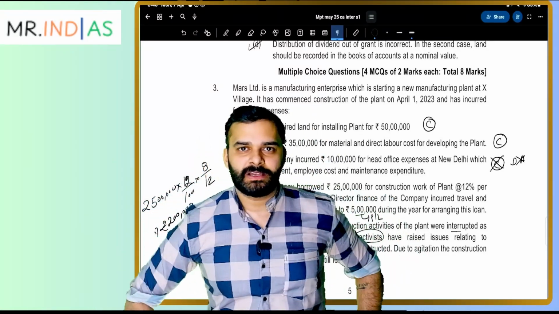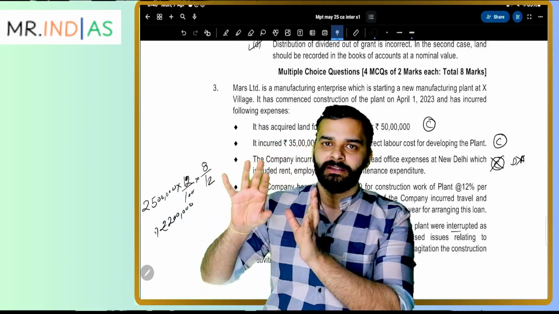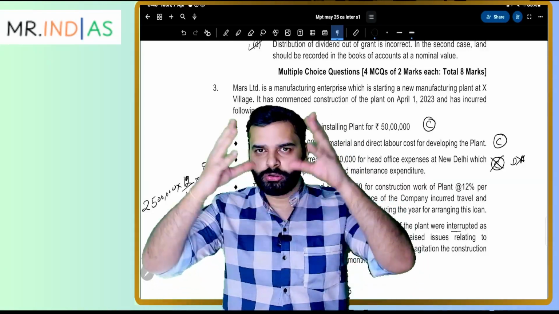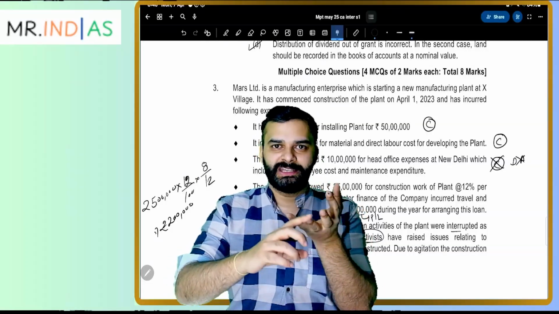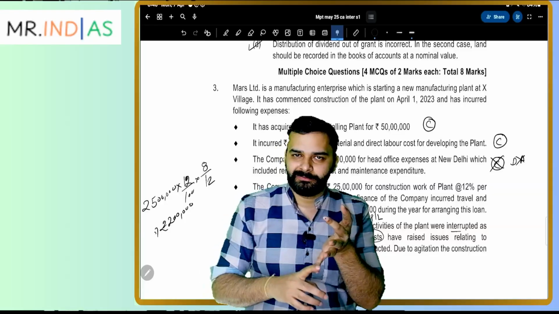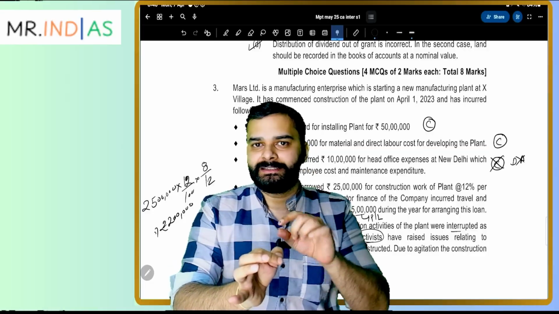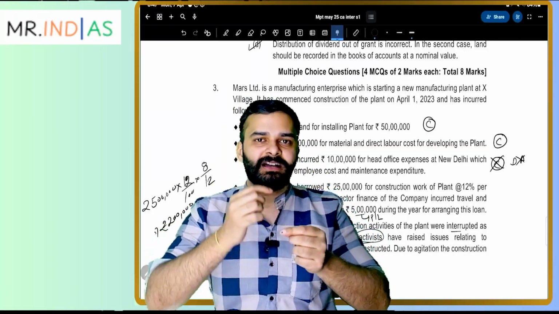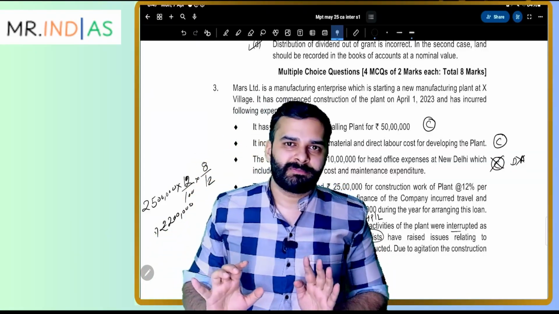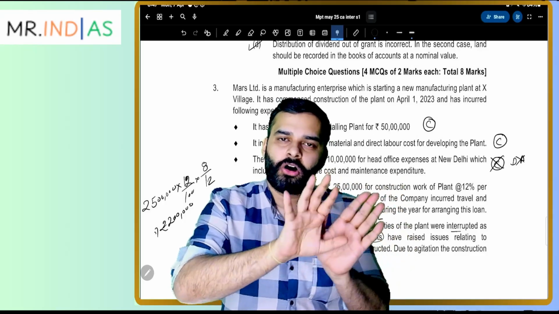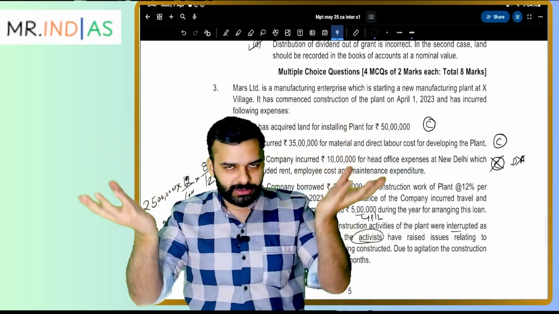Let us recall first what the requirements of Accounting Standard 10 are, and what things get capitalized and what things get charged to the profit and loss account. The wholesome concept in every accounting standard, whether AS 2, AS 10, AS 26, intangible, PPE or inventory: any expenditure incurred for an activity that is required to get the asset ready into the condition or location as intended by management will get capitalized into the cost of the asset. All other costs will be charged to the P&L account. This is the most simple rule that is followed throughout the accounting standards.